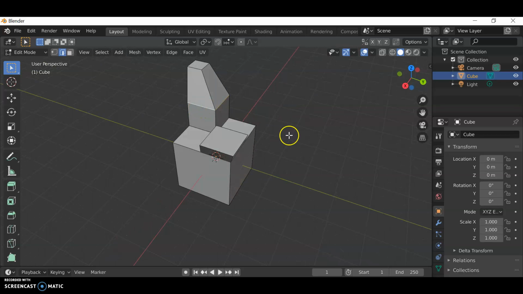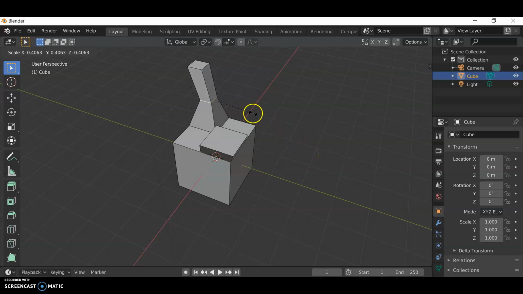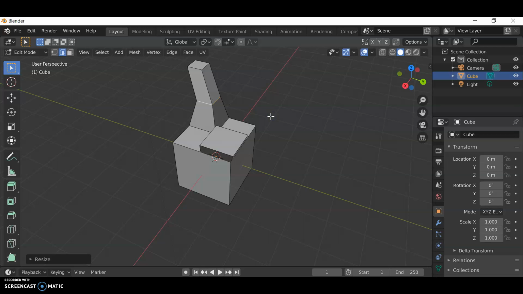If I want to scale down or scale up, what we need to do is just press S and then you can scale up by bringing your mouse far away from the object, or if you want to scale down, you can move your cursor toward the object. Once done, you left click one time. So this is the extrude and